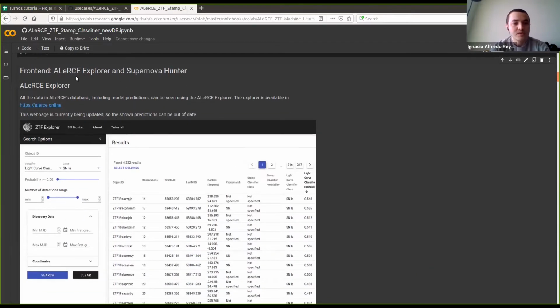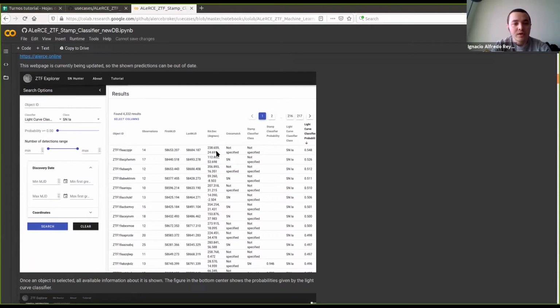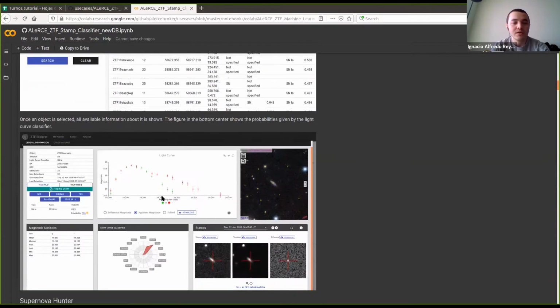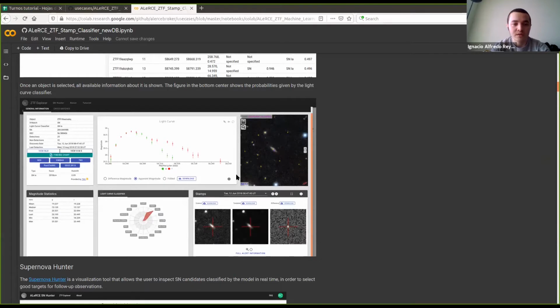Well, before that, some of the interfaces, some of the ways that we have to access the data are the ALeRCE Explorer that you can find here in alerce.online. And that will show you a pretty interface with a filter here. So you can filter by the predicted astronomical class, number of detections, dates, etc. And then you can have the results and look at each object, see the light curve, see some metadata, classification,